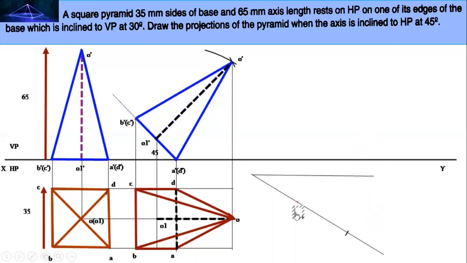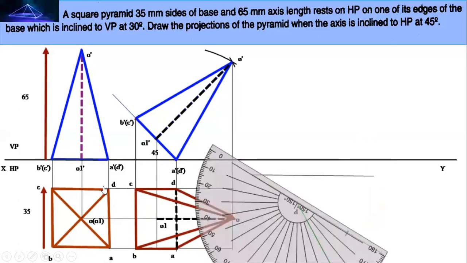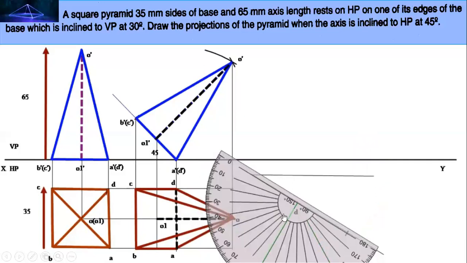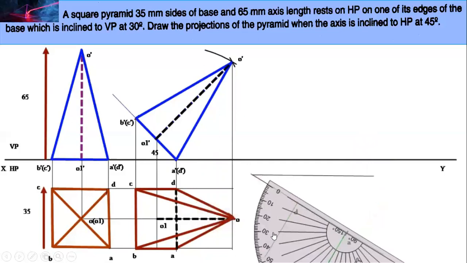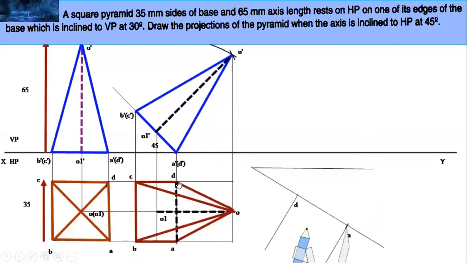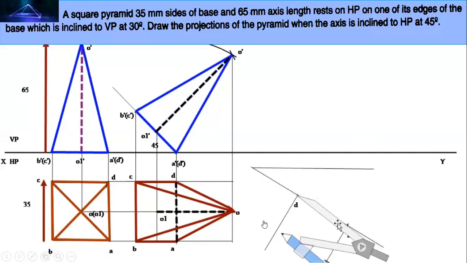So first point is D because you have taken the measurement from A to D. In solids, whichever is at the right side, that will be the one which is lying in HP. So from point D and A, draw a 90-degree line. Because if you see here, D to C, that is a straight line. So measure D to C, mark it on that 90-degree line. That is same as A to B.